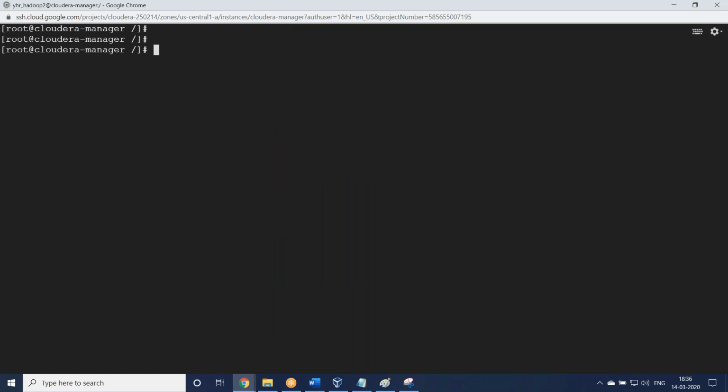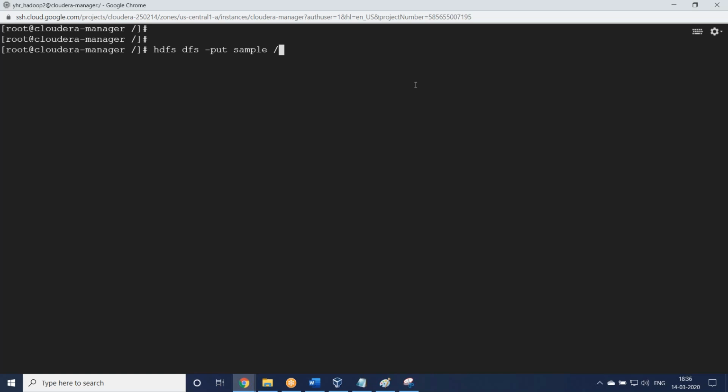Okay, so now in 2x, 1x, what did we do? We copied a file into Hadoop also. We did it through the root account only. You observed that one? We did it with the root account only, right? But here, the root account will not allow it. We'll try to do that one. What is the command to copy a file to Hadoop? hdfs dfs -put sample to Hadoop. Same command. The command is the same, but we are doing it through the root user. That will not be allowed here.